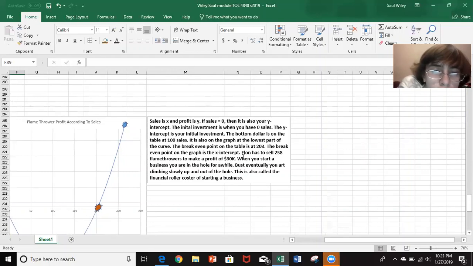at 100 sales. It is also, on the graph, at the lowest part of the curve. The break-even point on the table is at 203. The break-even point on the graph is the x-intercept. Elon has to sell 258 flamethrowers to make a profit of